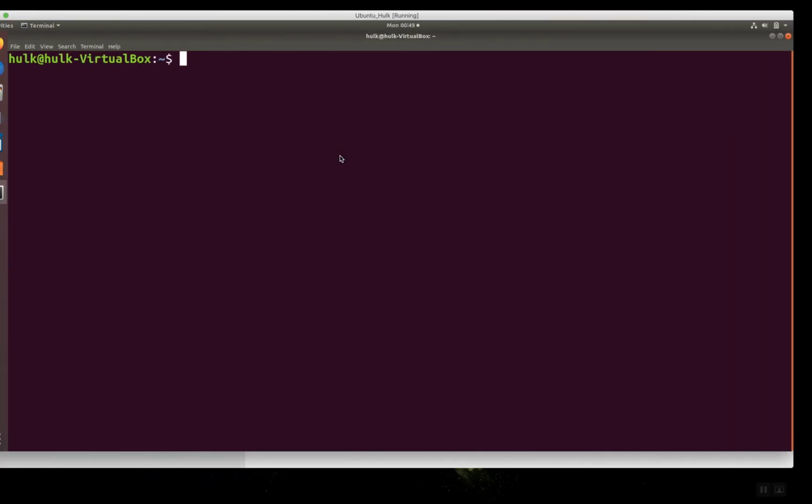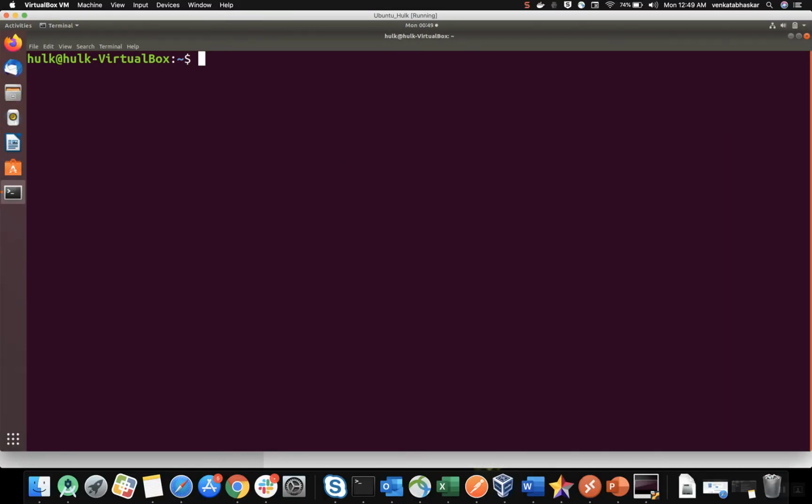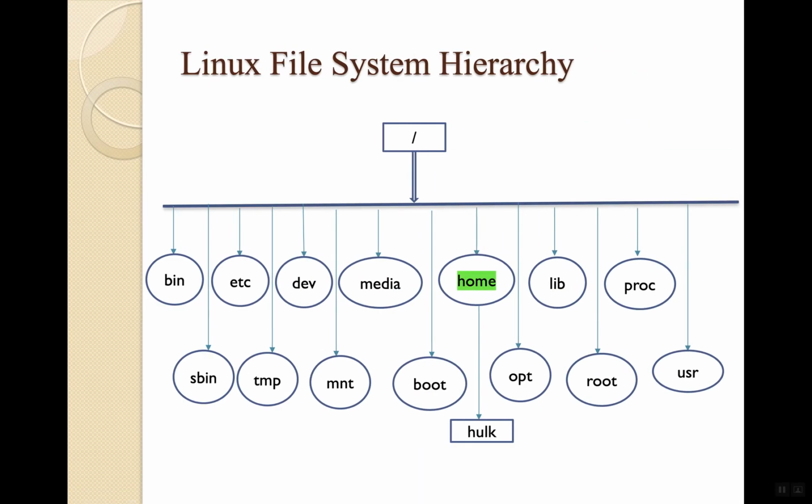Now we'll compare the PPT folders with the folders available here. In the Linux system hierarchy, we have not only these folders but still many more. These are all the main predefined directories. The Unix operating system is case sensitive, so when you are navigating, you need to use the same case. If you want to go inside the bin directory, you need to use small case letters. If you use capital BIN, it won't work.